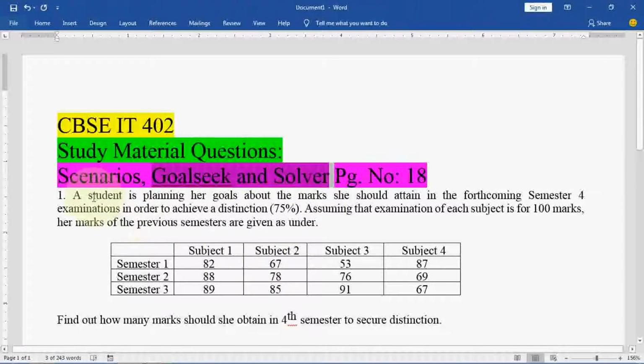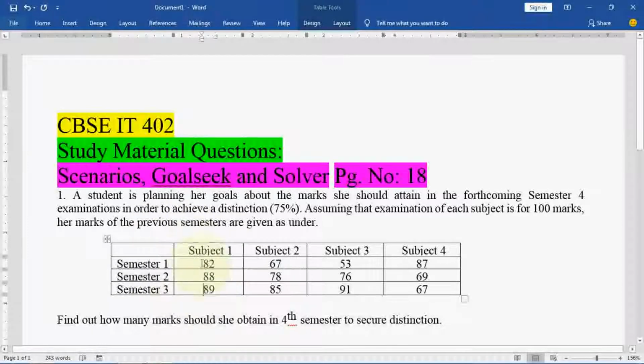A student is planning her goals about the marks she should attain in the forthcoming semester 4 examination in order to achieve a distinction, 75%. Assuming that examination of each subject is for 100 marks, her marks of the previous semesters are given as under. So 3 semester marks are given here in 4 subjects.